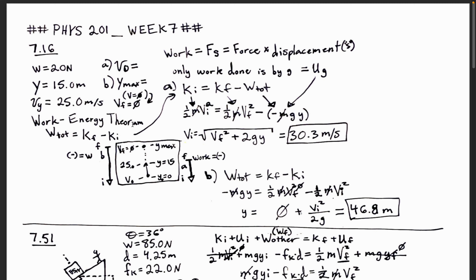Wonderful. And first, part A is finding the initial velocity of the rock. So we have this lovely little rock right here, and it goes up, and at some point it reaches y equals 15, and the velocity is 25.0. So we want to know this initial velocity. Velocity not and velocity initial are both the same thing. So with the work energy theorem, we rearrange it to get Ki on one side so that then we can substitute in the equation 1/2 mv squared